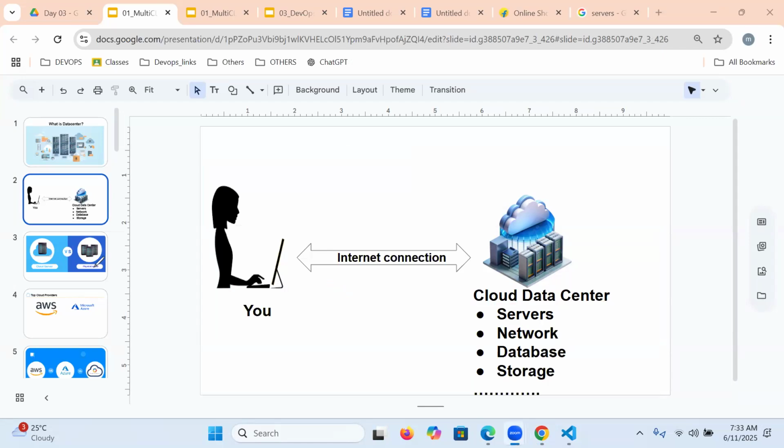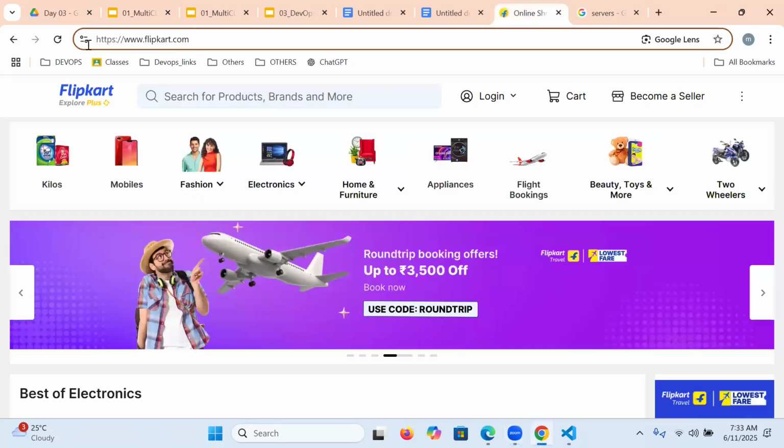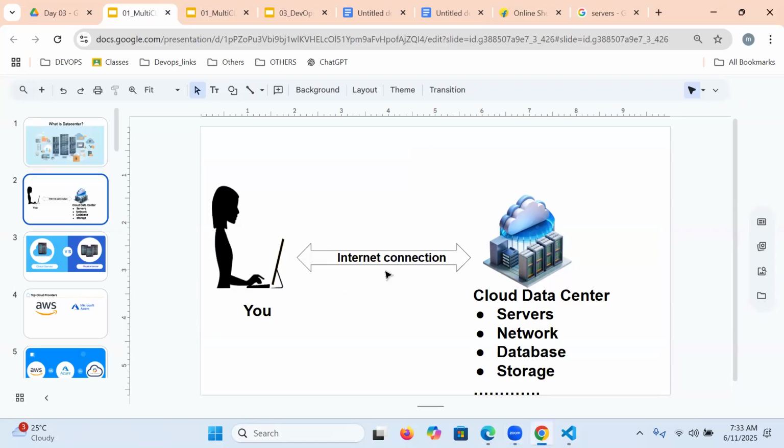What is cloud computing? For deploying our applications, what kind of infrastructure is required? Servers, network, database, storage, whatever the infrastructure may be.